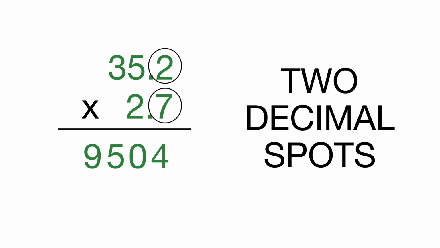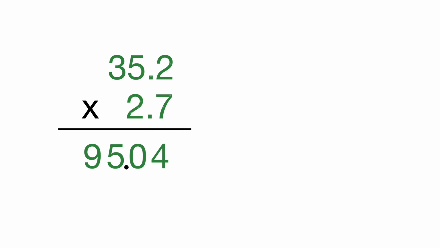And so now what we're going to do is we're going to take our decimal. We're going to start on the right here, and we're just going to count however many decimal spots we did. So in this case, 2. So that means we're going to move it 2 spots over there. So now let's go ahead and move our decimal 2 over. So we're going to go ahead and move it 1, 2. And now we are done. Our decimal is in the right spot. We can get rid of everything else. And now we can just focus on our answer here,